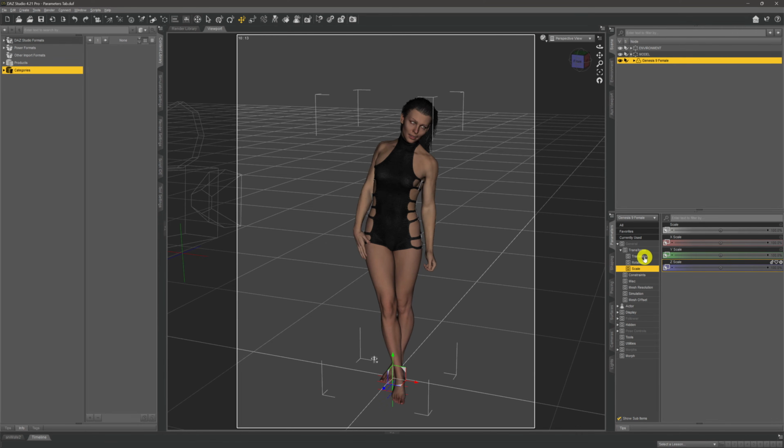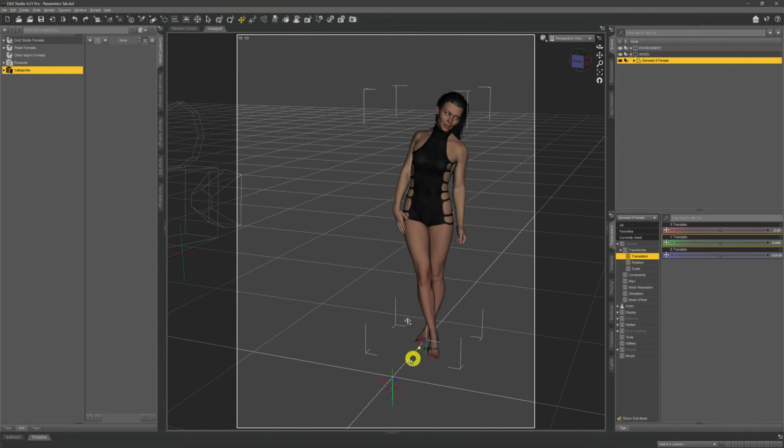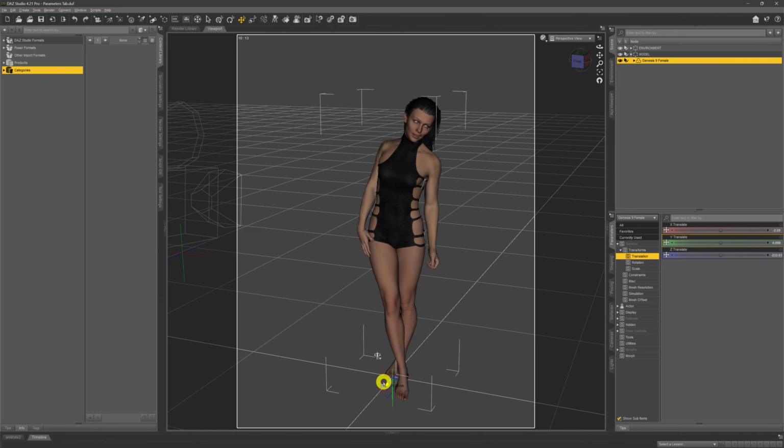If we just flip over onto translate on our parameters tab for a moment, you'll see that the blue line correlates to the Z translate, the red to the X and the green to the Y translate. So if we were to come down to the end of the blue line there, the little triangle bit at the end, it'll highlight, and when we click our mouse button, we were able to move our object in 3D